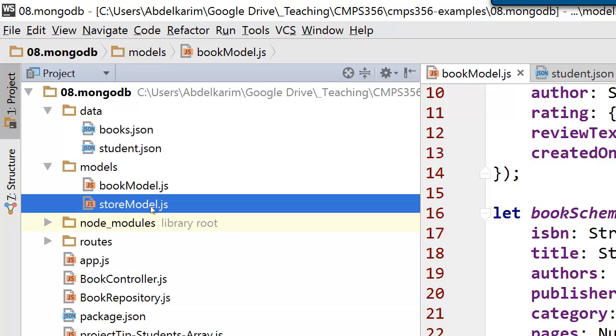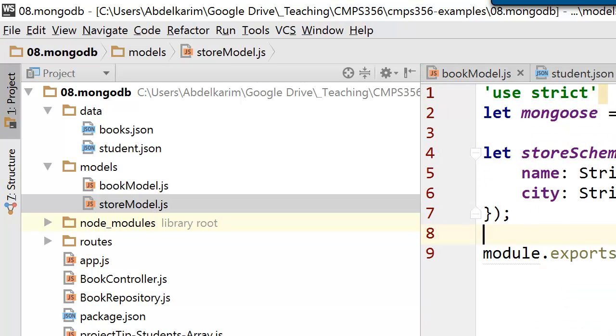Have a look at the store. Store collection, very simple. I kept it very simple, just a name and a city. And of course, after I define the schema, I create a model out of the schema. So the model is really the magic ware that makes it easier for me to read and write from a database in a very, very simple way. Okay, so is the schema idea clear? Okay. Now,